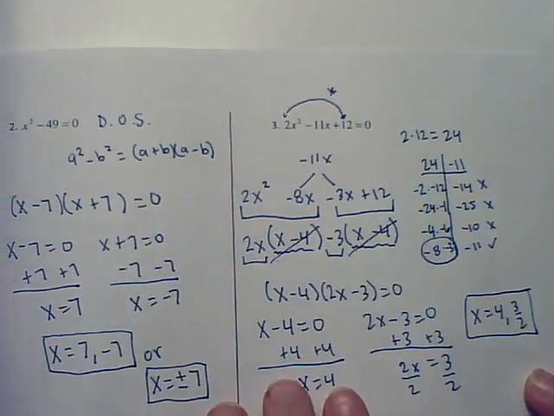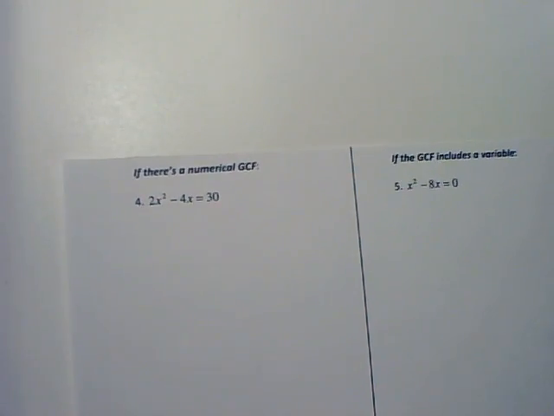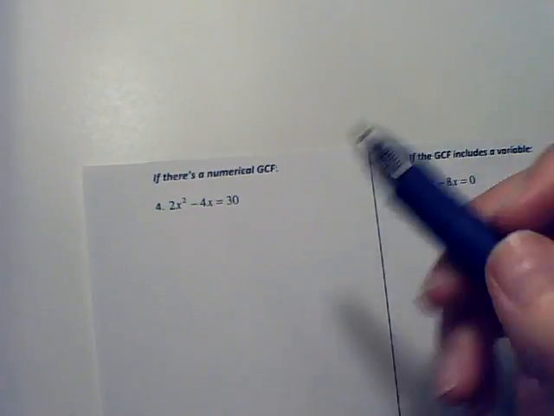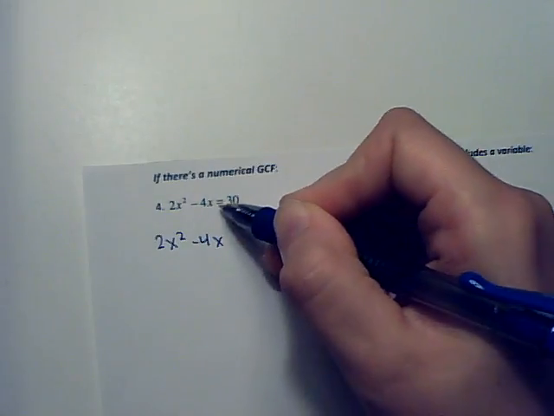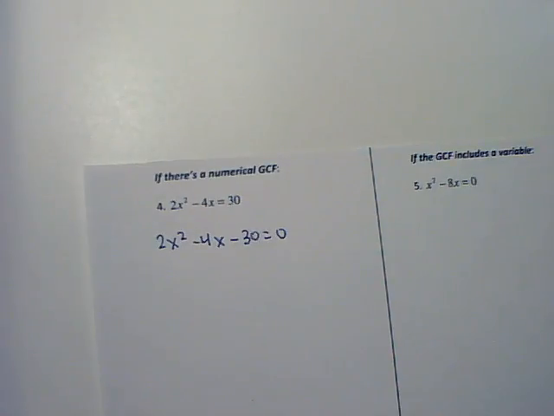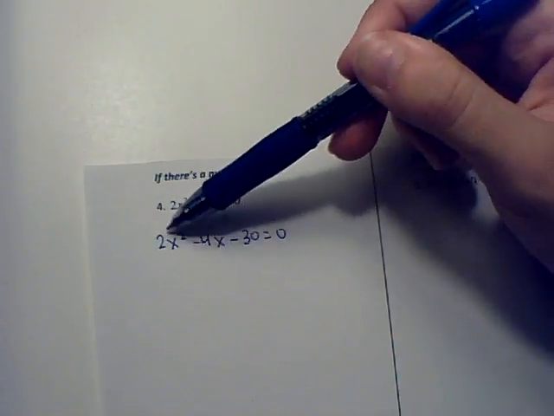Okay? All right, last two examples I want to look at are what if there's a GCF? Okay, so we're going to treat this very similarly to when we were factoring. Okay, so first step, though, we want to make sure we get this equal to 0. So we've got 2x squared minus 4x, and we'd have to subtract 30 on each side to get minus 30 equals 0. If you notice here, we can take a 2 out of all of these things, and so that's